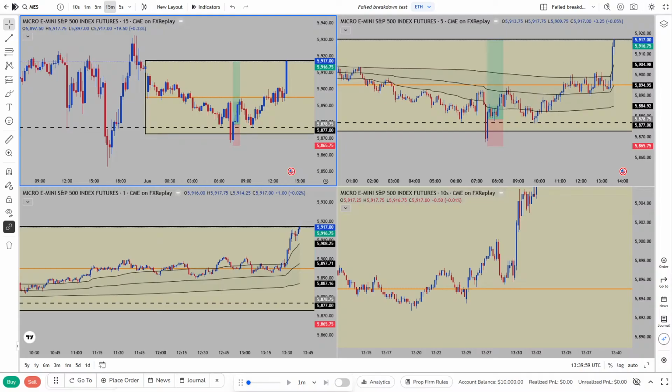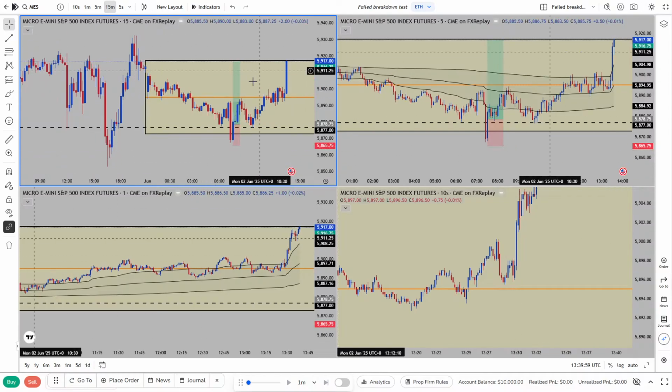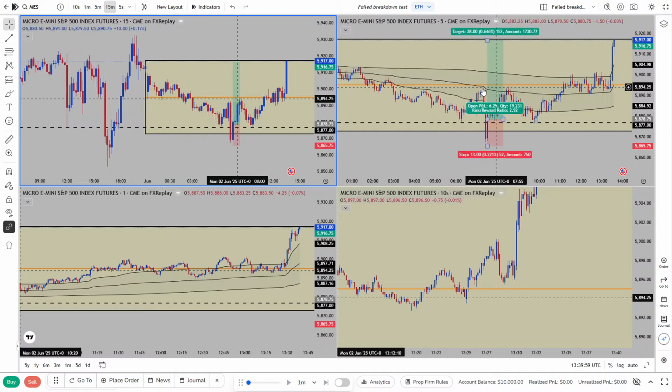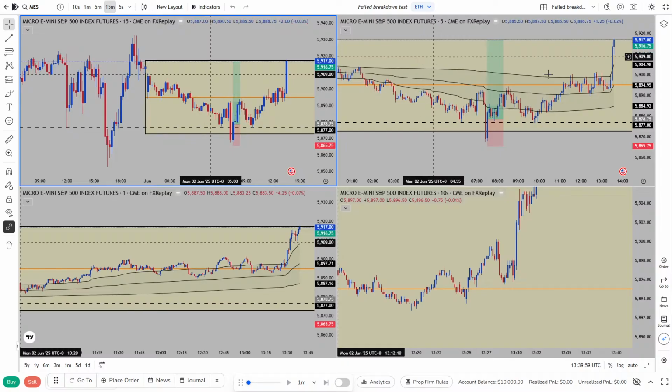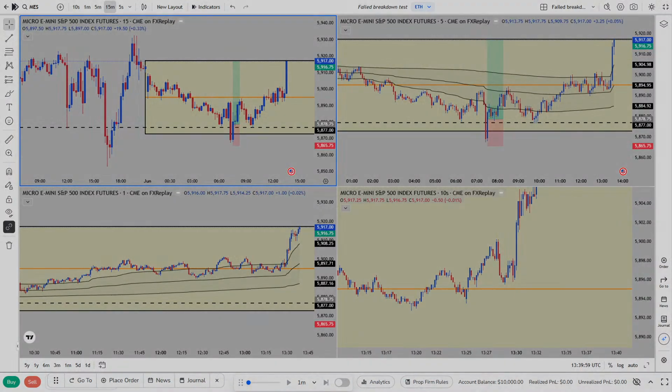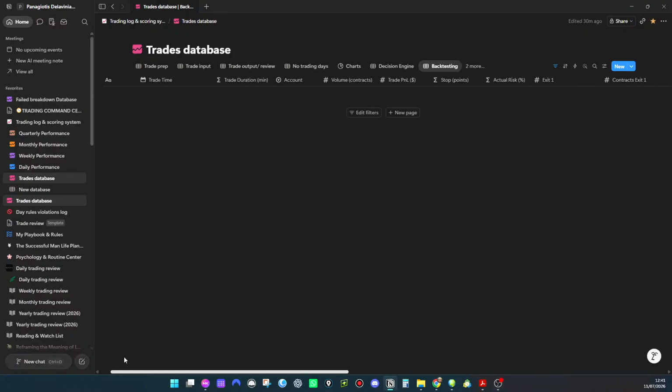For backtesting, I use FX Replay, which we see here. This is the 1st of June 2025, and I'm hoping to get until today, probably a year and a half in. FX Replay records your local journal and records everything, all your stats and everything. But I prefer to log my backtesting trades in Notion as a backup.